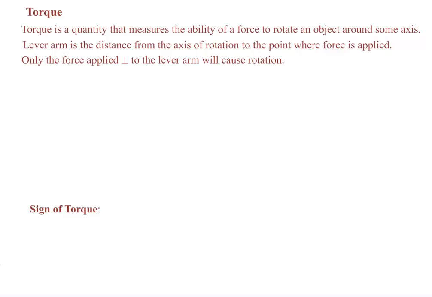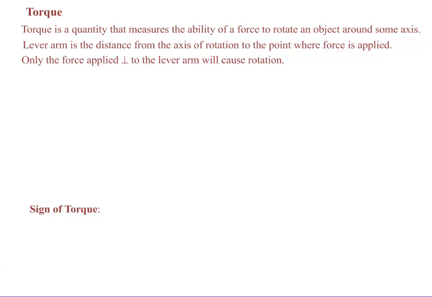Our final topic from this unit is our topic from Chapter 8, which is torque. Torque is the quantity that measures the ability of a force to rotate an object around some axis. The lever arm is what we're going to call the distance from the axis of rotation to the point where the force is applied. And the only force that will cause something to rotate is the force that's applied perpendicular